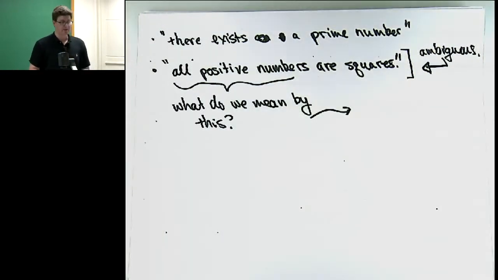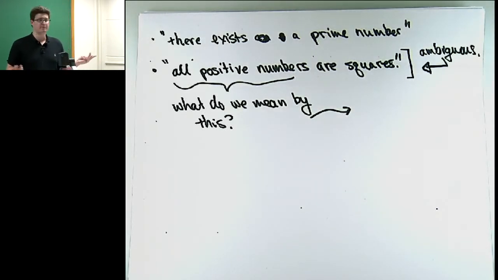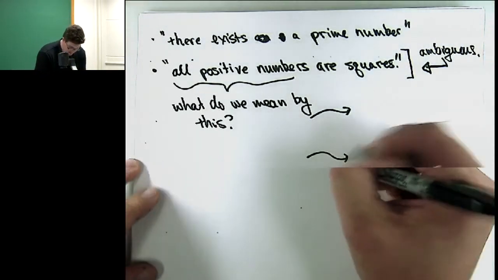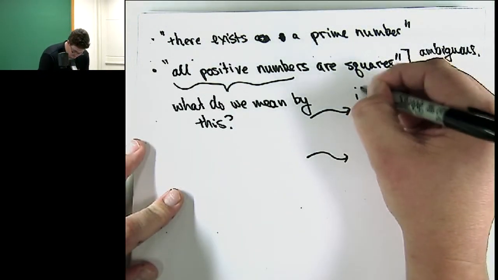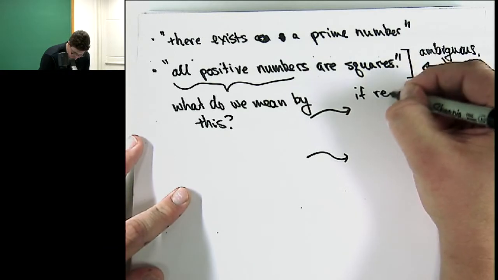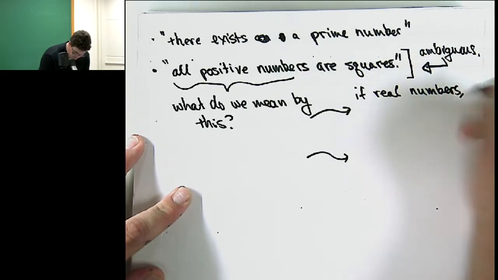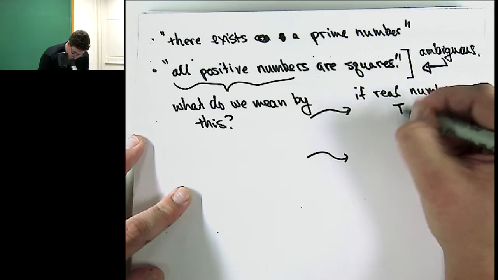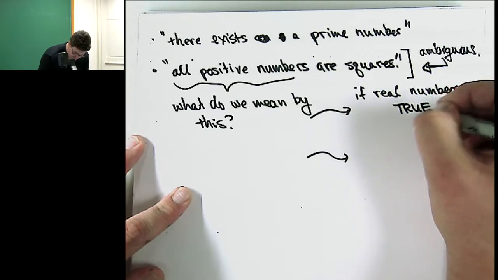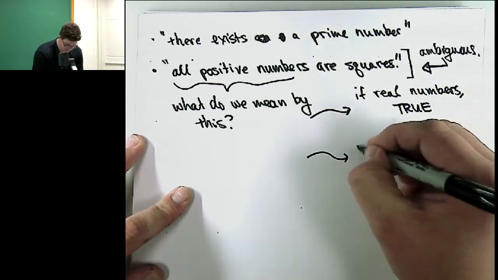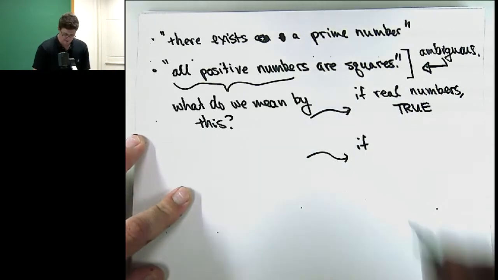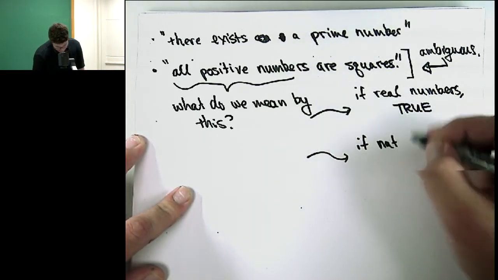We could either mean natural numbers, or we could mean real numbers. Those are two possible interpretations of this. If they're real numbers, then this is true. If they're natural numbers,